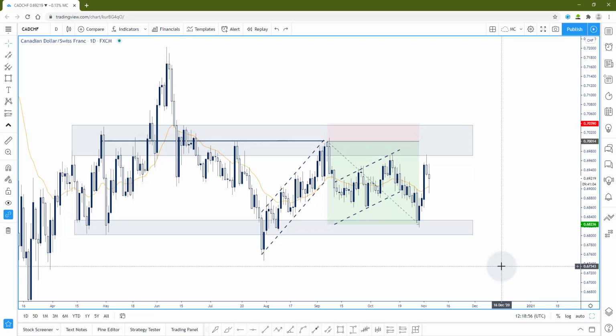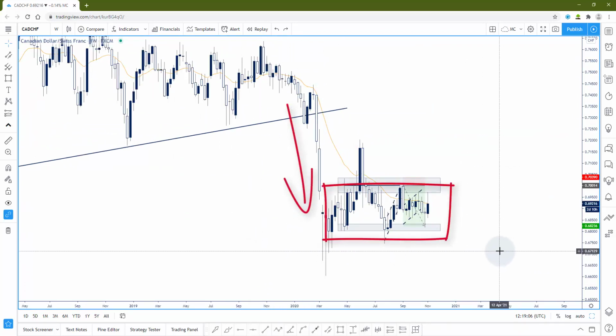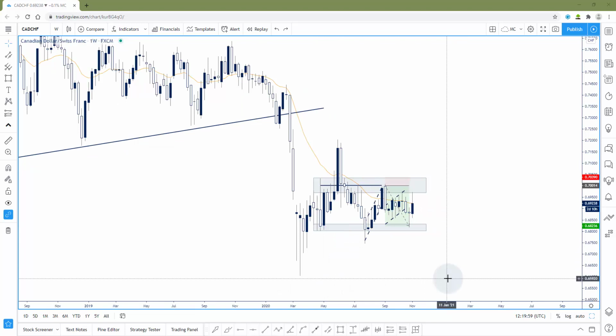And the other only potential trade improvement I can see here is to take profit and extend it to the downside, because if you think about it, we are in a bearish, impulsive and corrective structure, which increases the probability of another bearish impulsive move following this corrective structure. So in that case, you can extend your target to the lows over here,